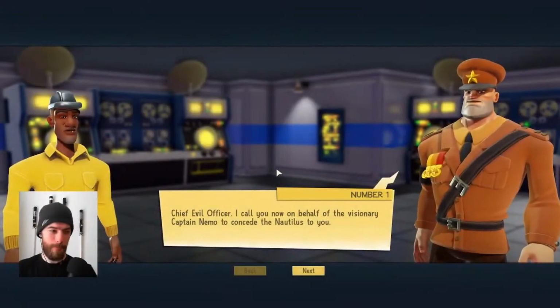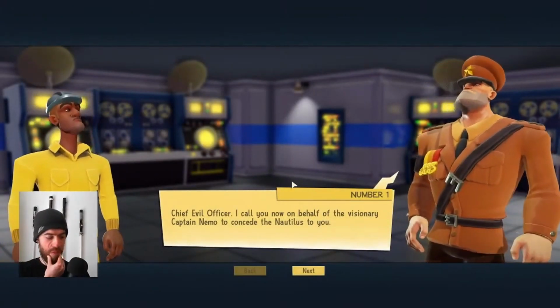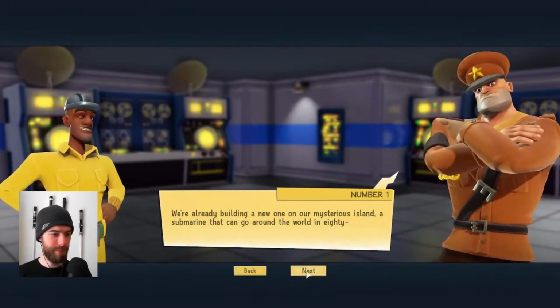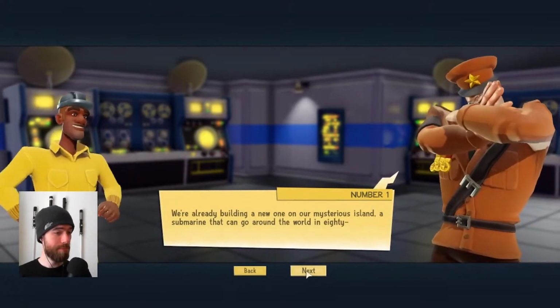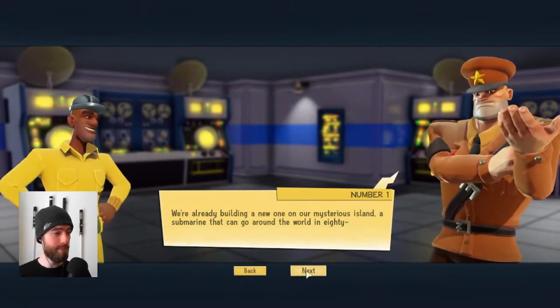There we go. Officer, I call ye now on behalf of the visionary Captain Nemo to concede the Nautilus to ya. We're already building a new one on our mysterious island. A submarine that can go around the world in 80...